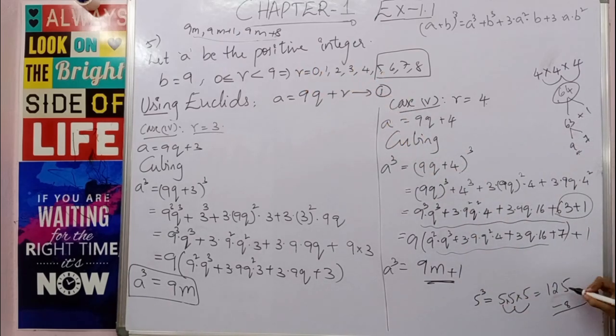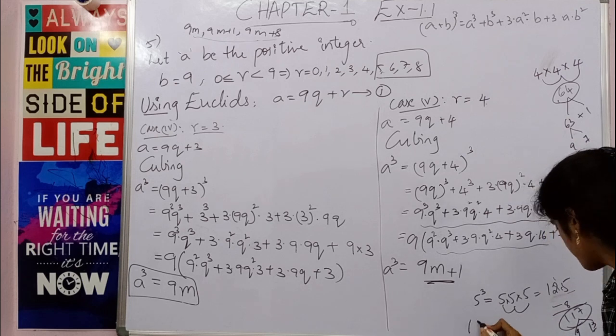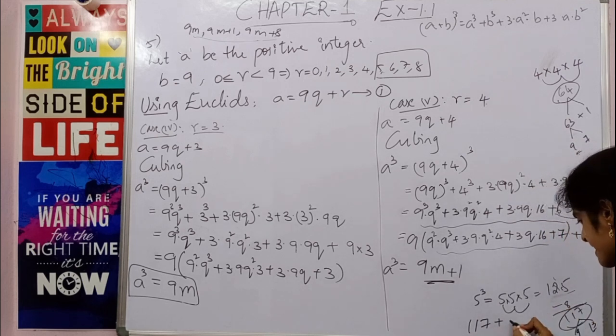So just see, so you will get 117. Okay, so this 117 is divisible by 9. Do you agree? So you can see this is nothing but 9 ones are 9, 9 3s are 27. Okay, 9 multiplied 13 times gives you 117. Clear? So this 125 you will split it as, you will write it as 117 plus 8.